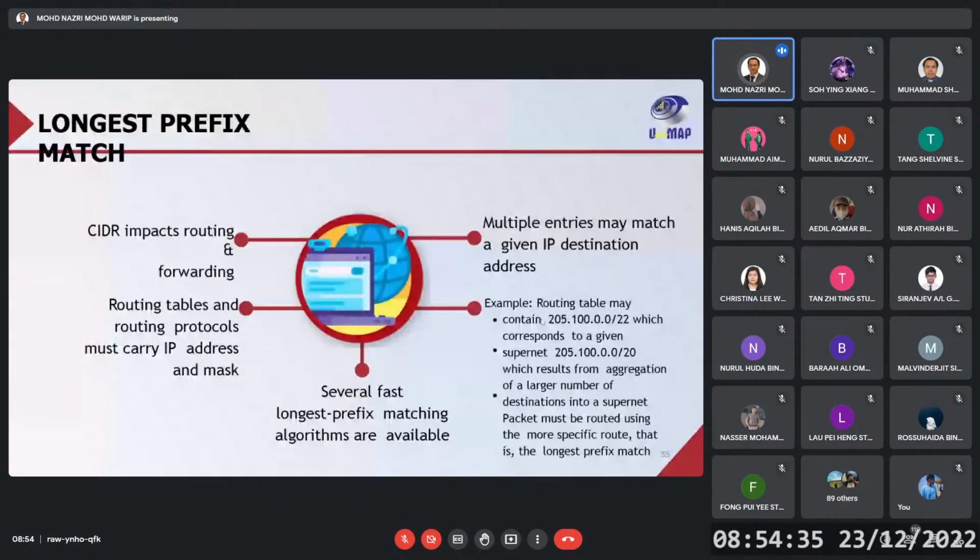Okay, longest prefix match. CIDR impacts routing and forwarding. Routing tables and routing protocols must carry IP address and mask. Mask means /20 or /22. Several fast longest prefix matching algorithms are available. Multiple entries may match a given IP destination address. Example, a routing table may contain